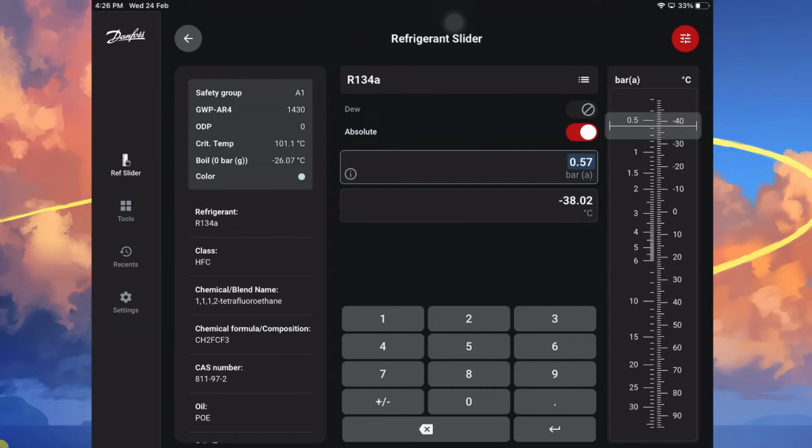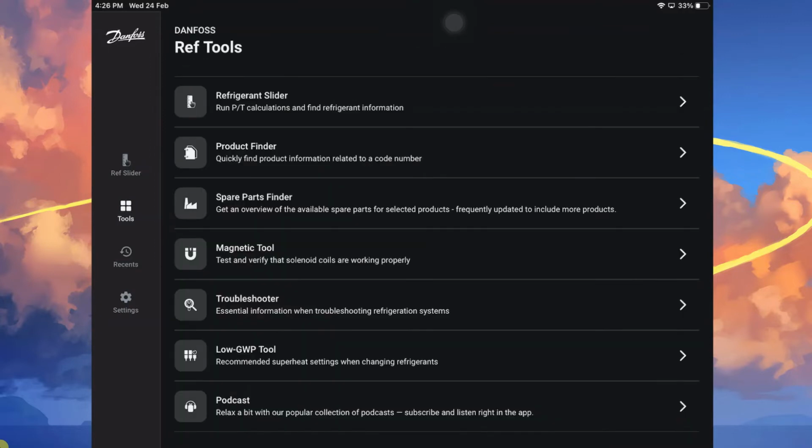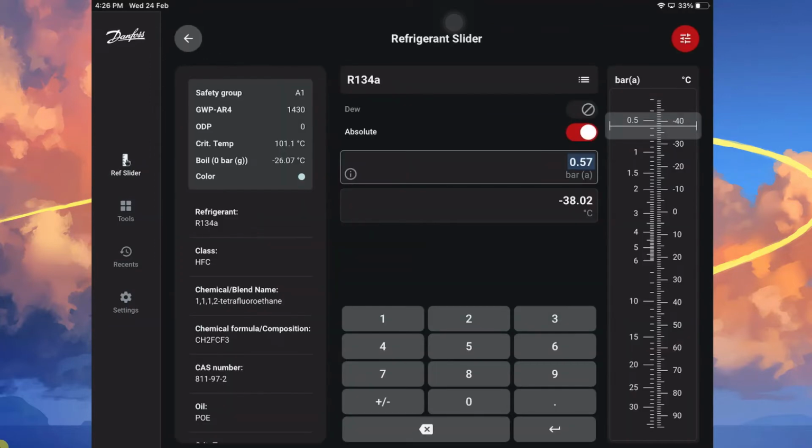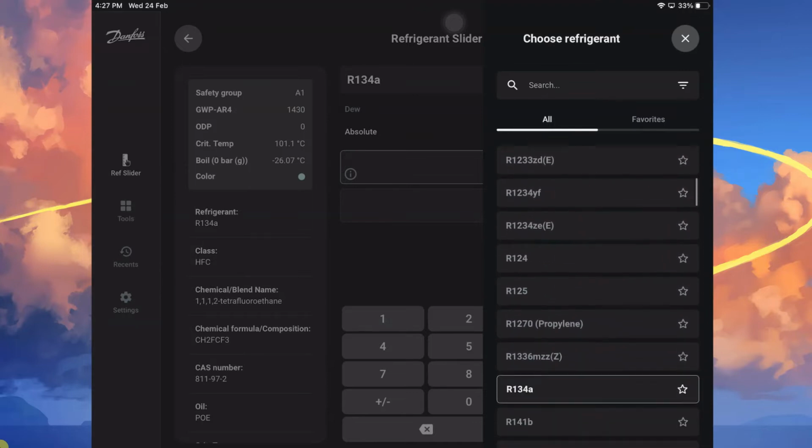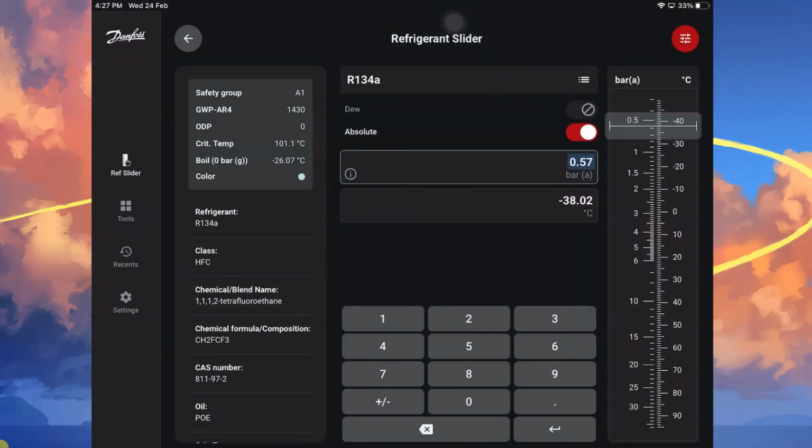This is that Danfoss refrigeration tool app, and in that we have gone to the refrigerant slider. There are different tools, in which we have selected this refrigerant slider. In it we first have to select the refrigerant, so I select R134A.